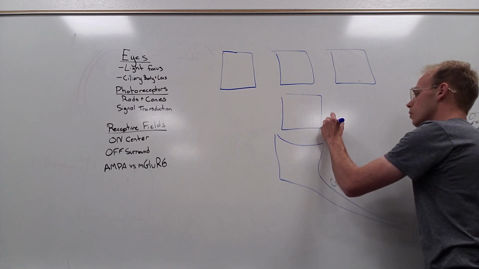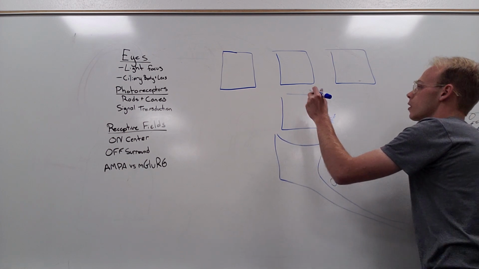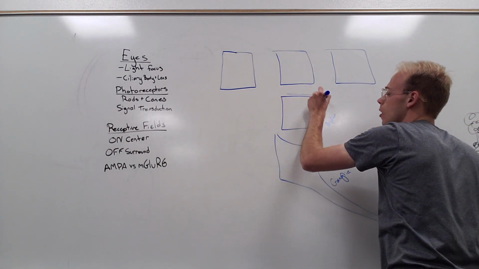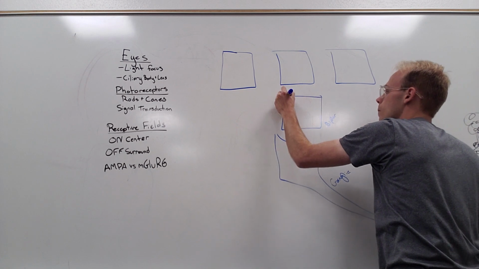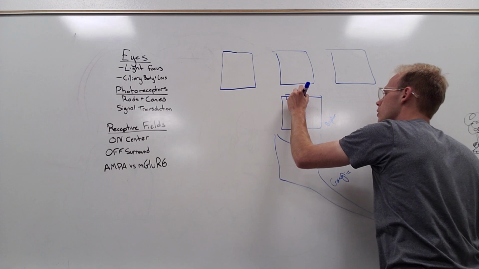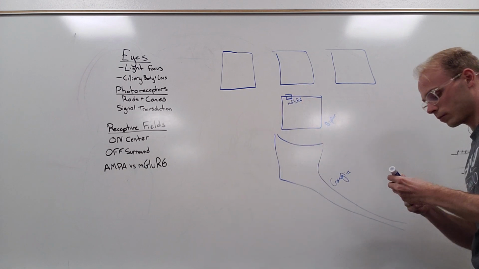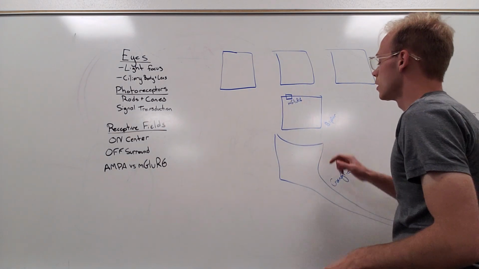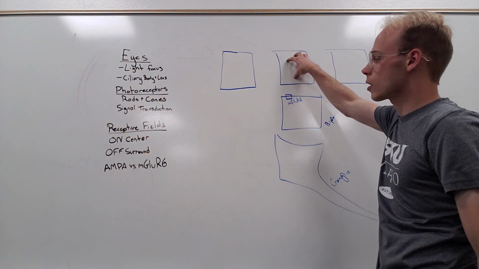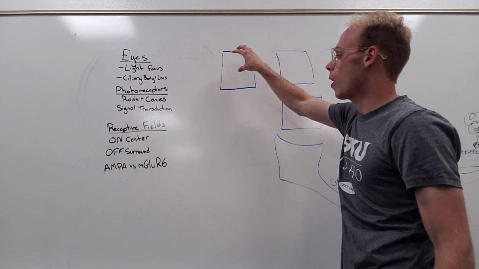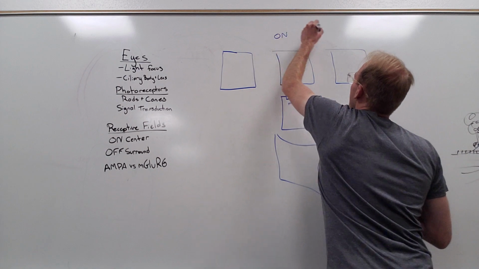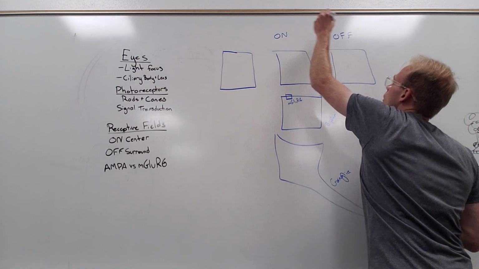This is our bipolar cell, and then these are our photoreceptors. And so I'm going to stick on this cell an mGlu-R6 receptor. So this is what's called an on-center, off-surround. So on, and then these two are